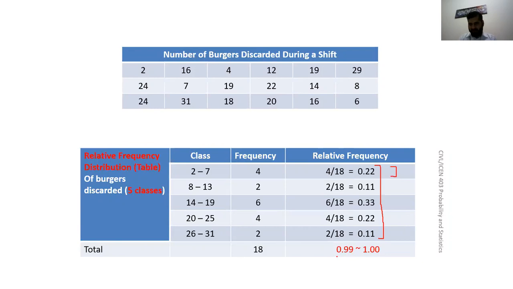That's why the sum came out to be 0.99. If you add this thing, it is exactly 1. You see, if you add them, 4 plus 2, 6 plus 6, 12 plus 4, 16 plus 2, 18. 18 by 18 is 1, exact. Because these are exact values. These are approximations, so that's why they add up to 0.99. So if they add up to 0.99, don't worry about it, okay?